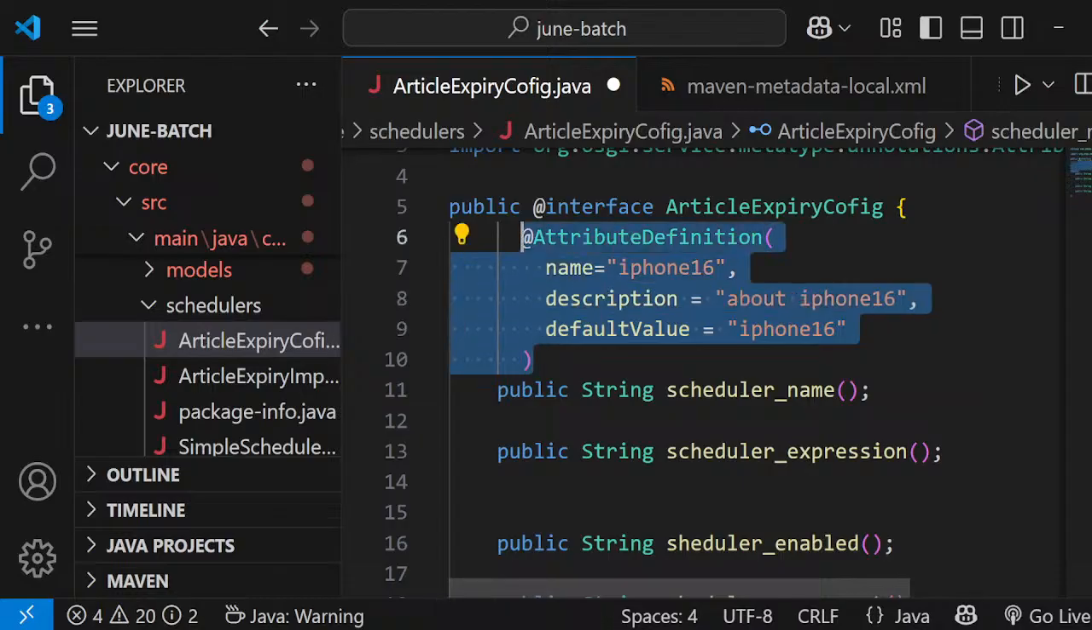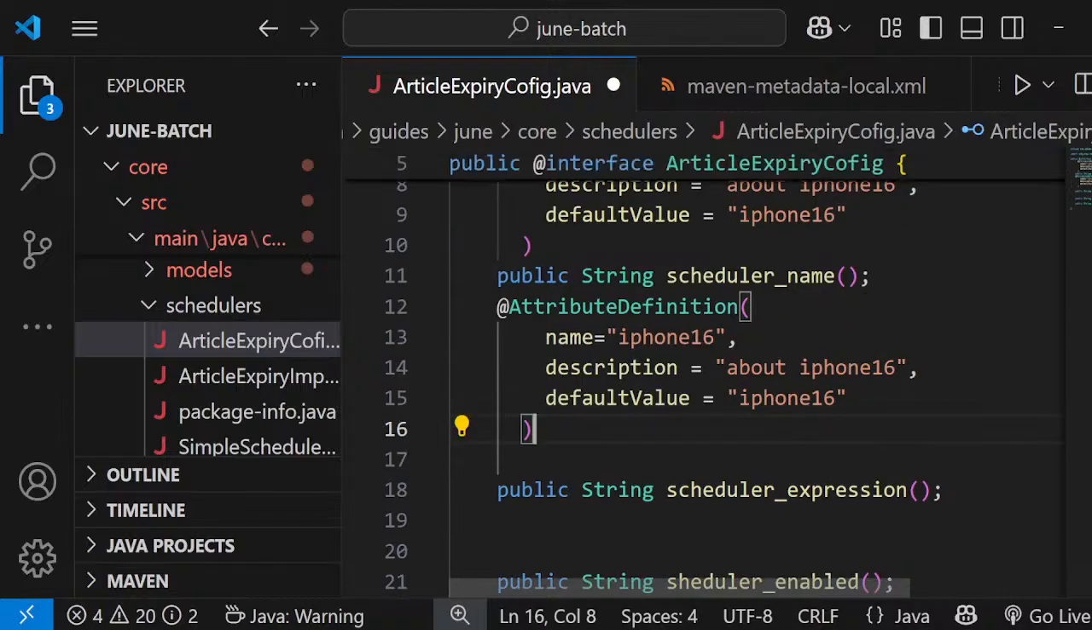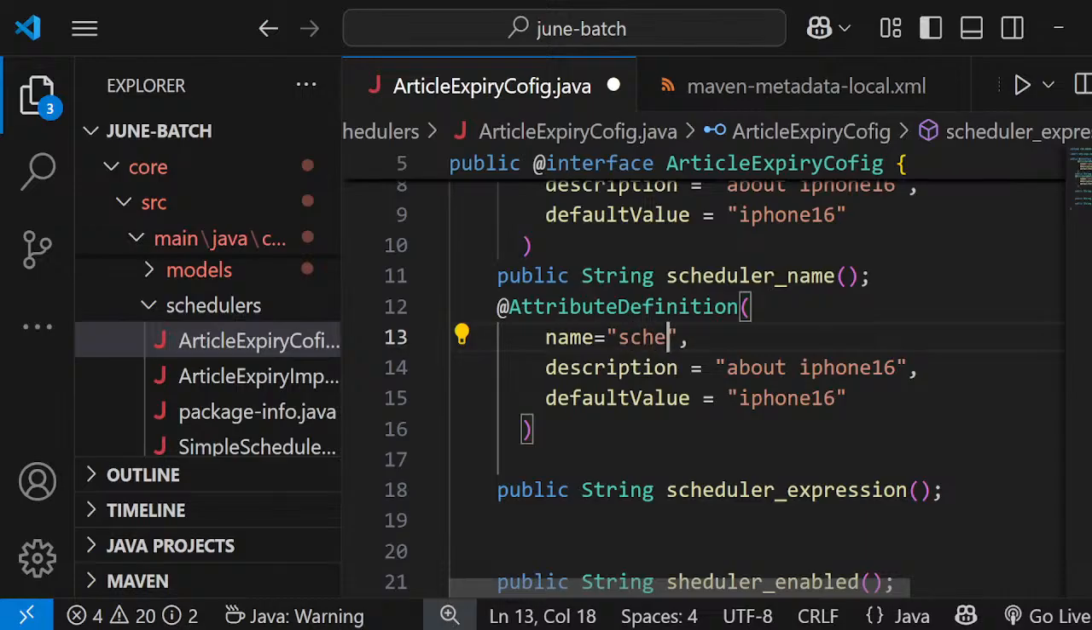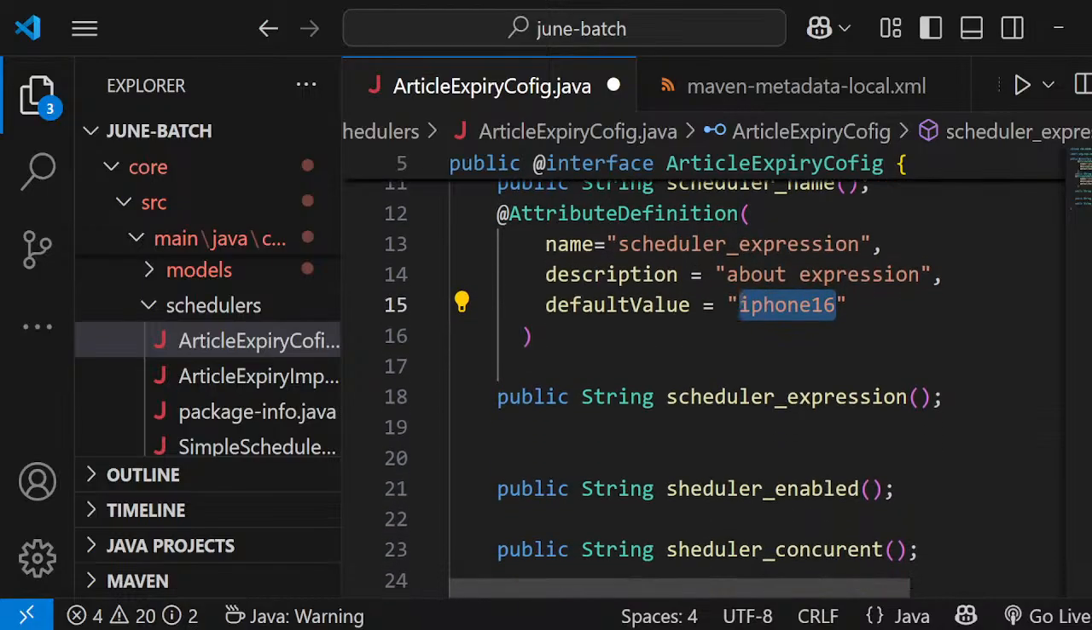With respect to the remaining properties, you can take them the same way. Here this is the scheduler expression, right? So simply here I am mentioning scheduler expression, and here also I am mentioning the expression, and here also I am mentioning the default value. So the default value you can take as